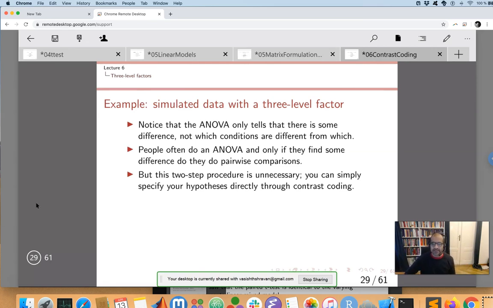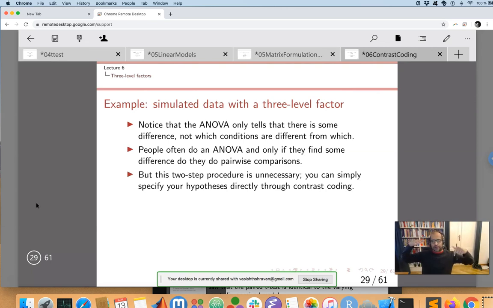But I think that this approach is misguided, and I suspect that this approach was taken in the era where you did not have computers, and all the ANOVA calculations and t-test calculations had to be done literally by hand. And so if you have a multiple condition experiment, maybe in those days, I'm talking about the 1900s,